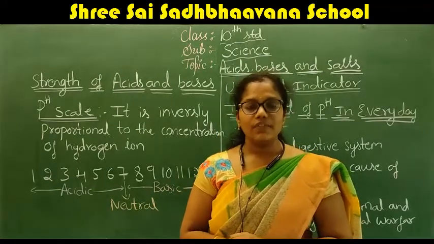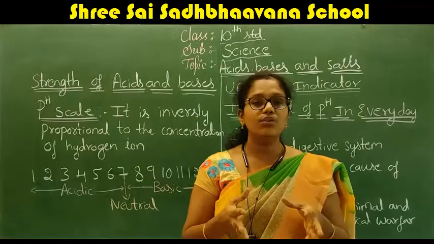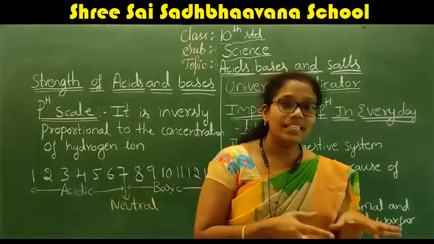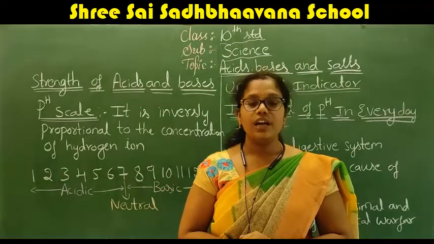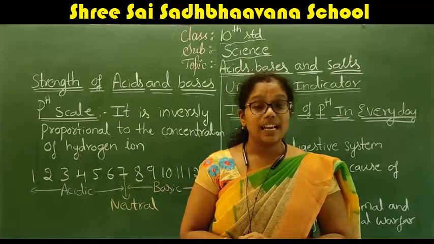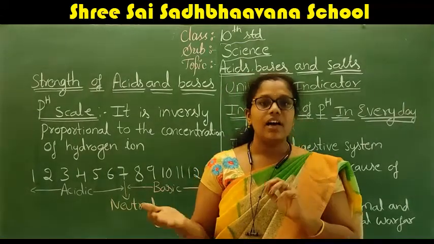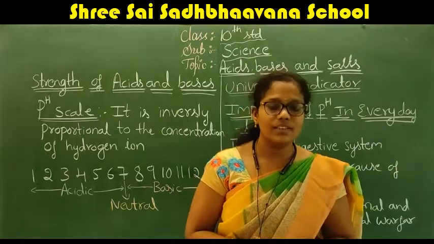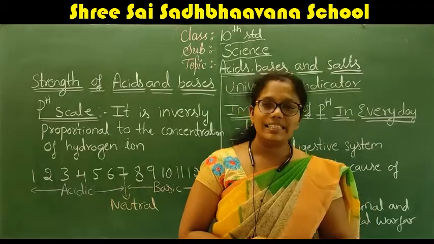If the pH level of the soil is more, then the yield and growth of the crop will not be completely good. If it decreases also, it is not good. If it increases also, not good. That's why we maintain the soil pH at the neutral level. If it is in acidic condition, we add some bases like slaked lime, or we use some chalk powder, to neutralize the soil. If it is in a very basic condition, then we add some acidic thing to neutralize the soil.